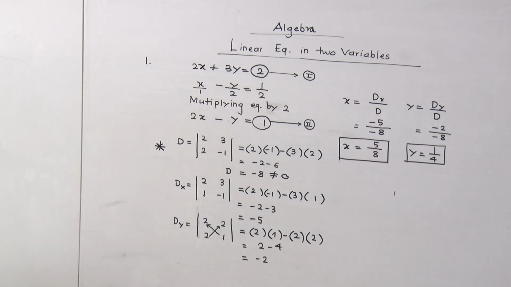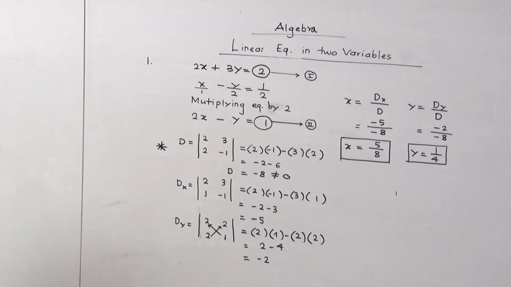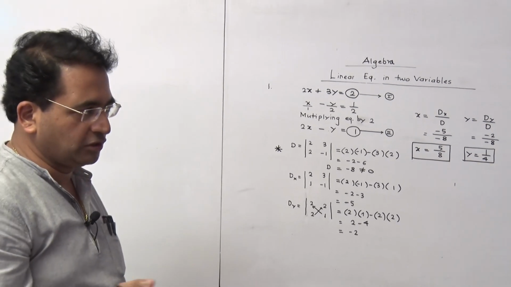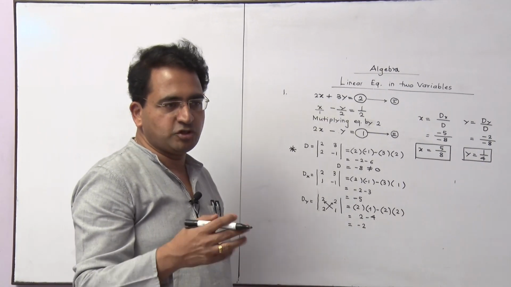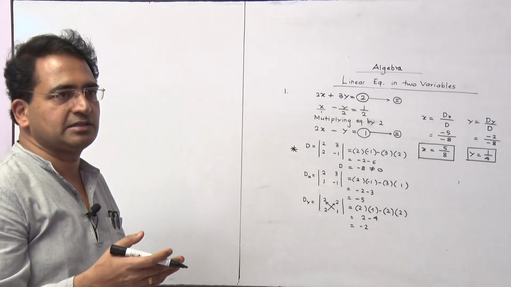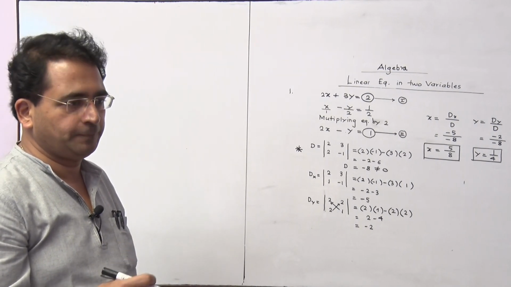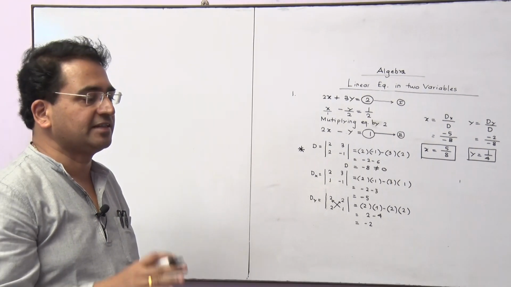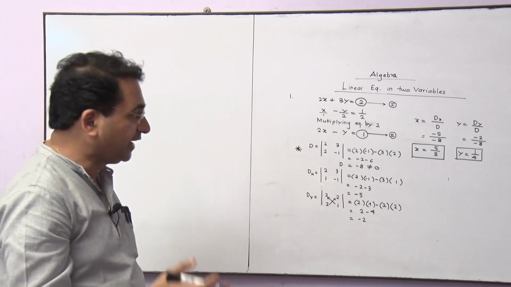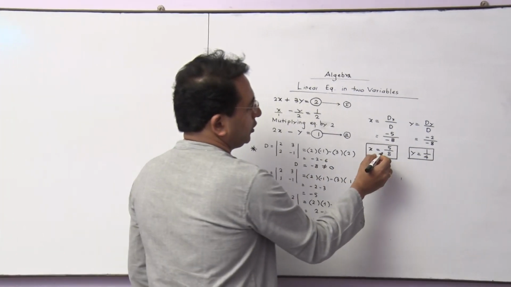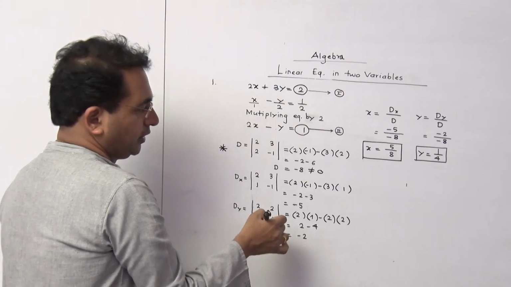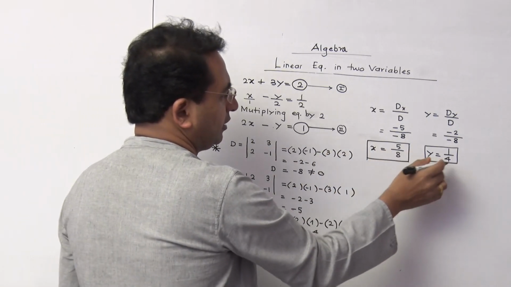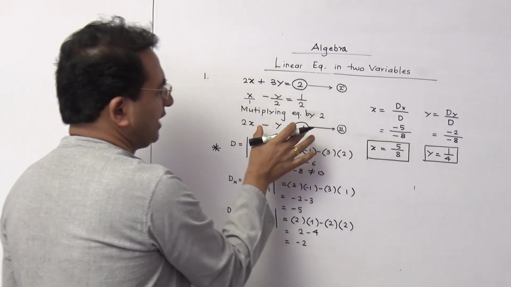Remember one thing, majority of the times the answers what we are going to get, if you see your algebra textbook, then majority of the times you are getting the answers in integral values. But that is not the rule that you should get always the value of x as an integer. Sometimes you may get such kind of answers. You believe in your work. If you are getting the answers like this, and if you get some fraction here, nothing is wrong. We have to just check that.